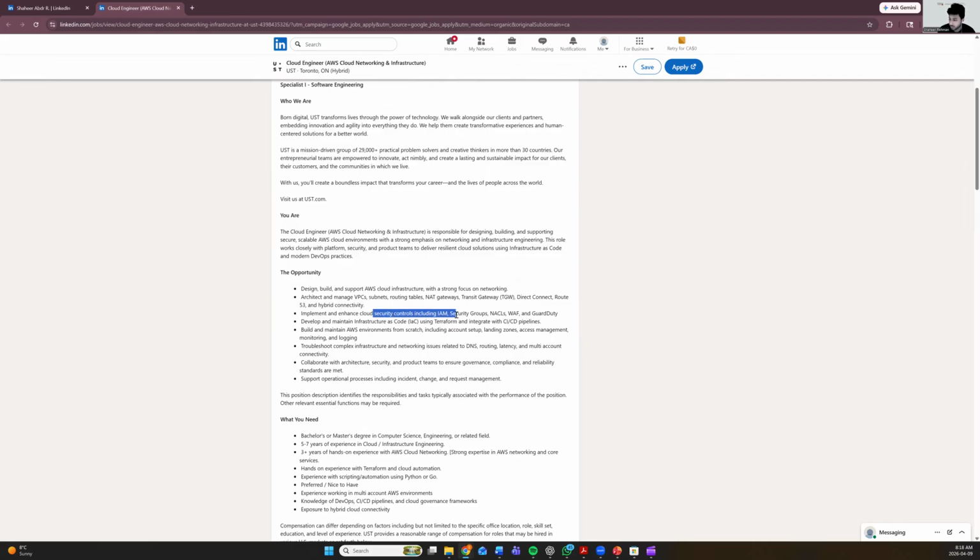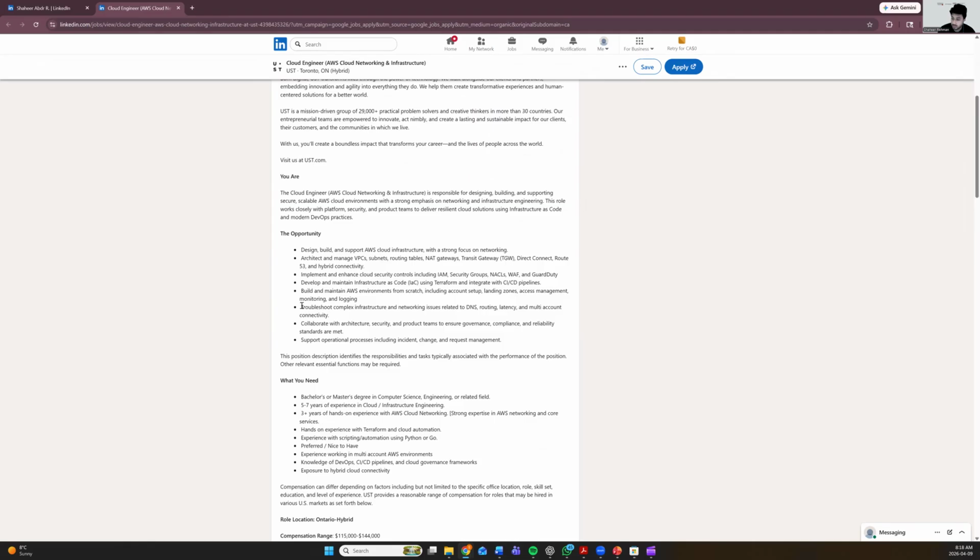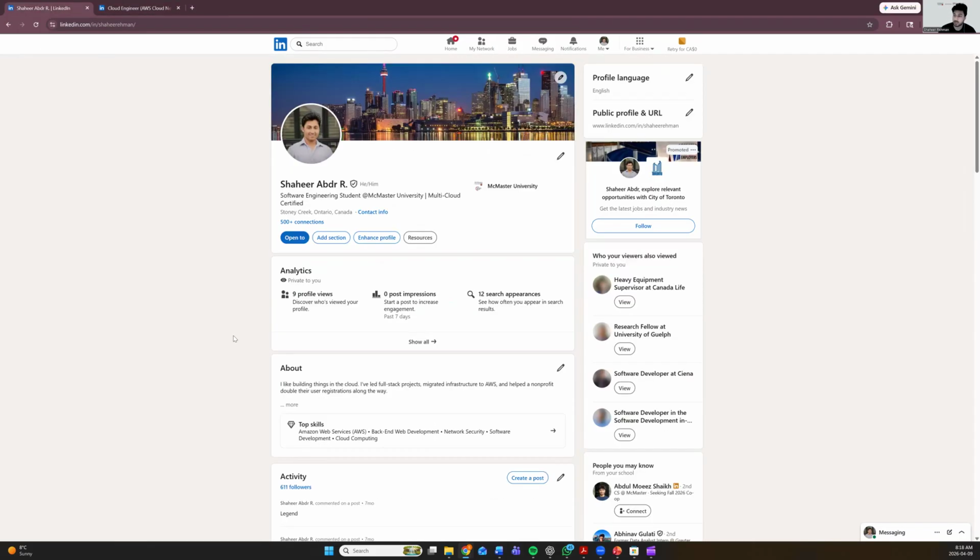Security controls: IAM, security groups, NACLs, etc. Then it also talks about troubleshooting. This is where you could use CloudWatch, for example, DNS, routing, latency, architecture, security, etc. So now when we go over to my LinkedIn, right away you can see that I'm